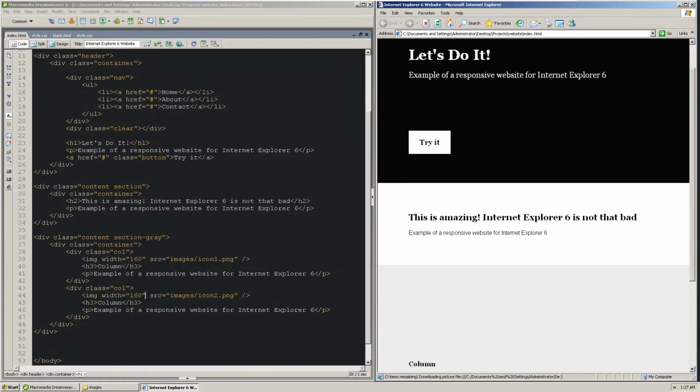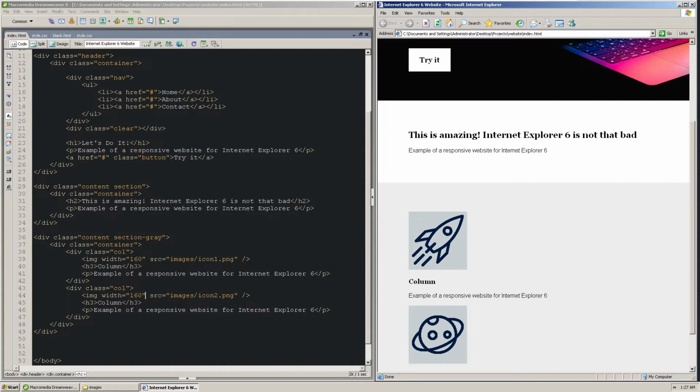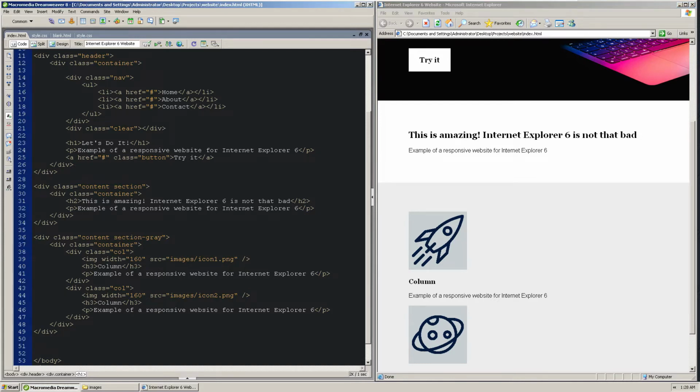And that brings me to the no-PNG rule that I mentioned. Do you see that square behind the icon? That should be transparent. Internet Explorer 6 doesn't support it, so this is how it would look on a page. If you really want to put that icon on the gray background, you can edit the PNG file with Photoshop or similar software and give it the same background color that you have on the website and save it as JPG. So it's not going to be transparent, but this is just a trick or an idea of making it work on a specific background.